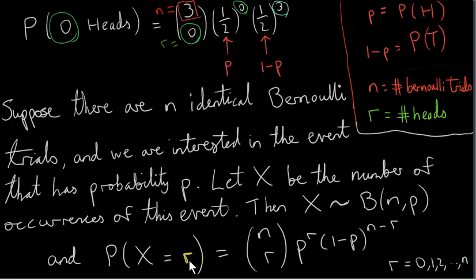Now, this is the way you might see this formula displayed. Sometimes I prefer to use small letter x for a specific value of the random variable capital X. I just like to use this notation because these letters are consistent. Big X is a random variable. It can take on values, and little x is a specific value. Little x could be 0, 1, 2, any number up to n. So we would have x here instead of r. Sometimes I work with that notation, but I don't want to confuse people either, so maybe